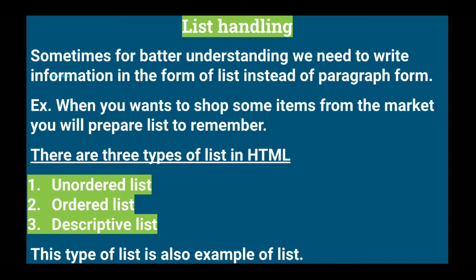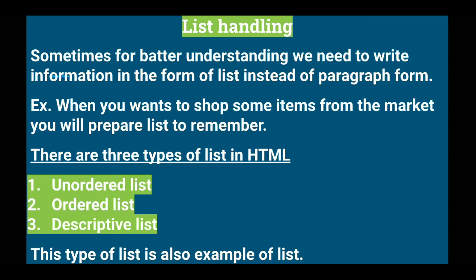If I give you a simple example about descriptive answers: when we are writing a long answer, if the answer is written in a pointing manner, point-wise in the form of a list, then that is very easy to understand and we can learn that answer very easily. But if the same answer is written in the form of a paragraph, then that looks tedious and we do not find interest in learning that answer. So that is the use of a list. We can say the things that are listed out or written in a vertical manner, that is known as a list.